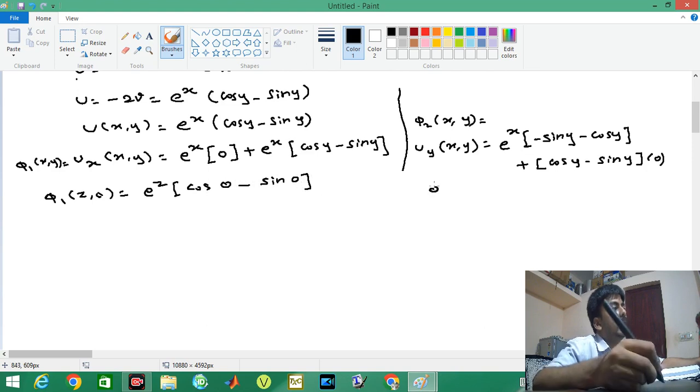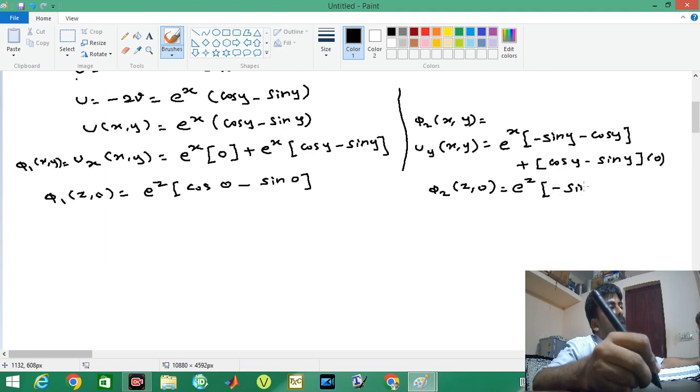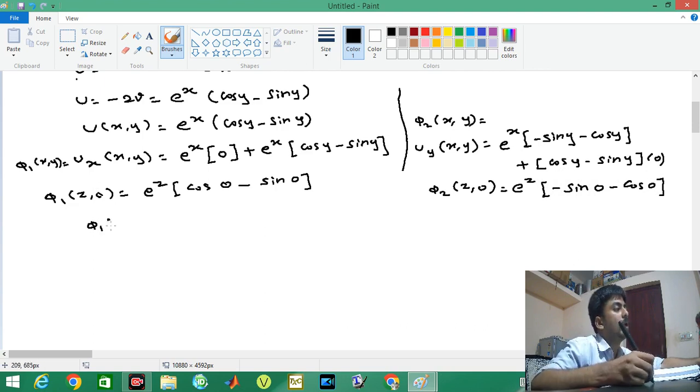Here phi 2 of z comma 0 equal to e power z, the second term will become 0, only the first term will exist, e power z into minus sin 0 minus cos 0. So phi 1 of z comma 0 equal to e power z, the value of cos 0 is 1